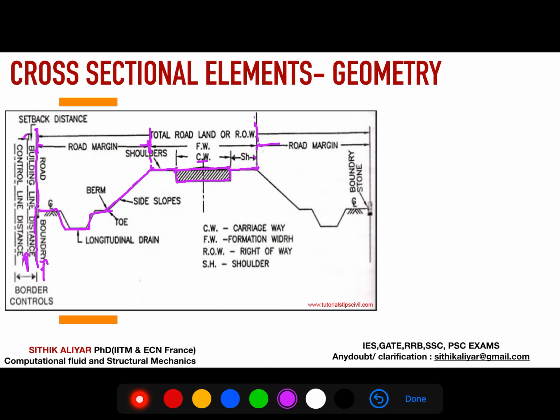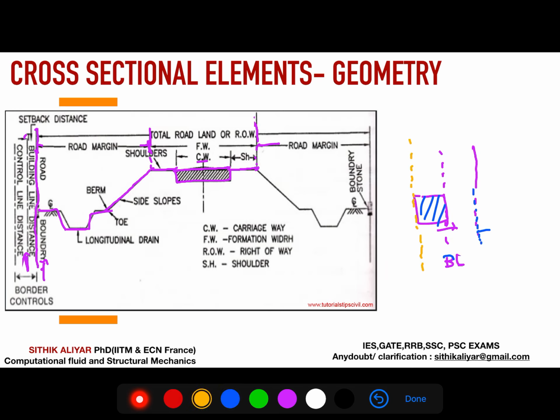And this is the building line. Consider something like this. So consider this is the road boundary, and this is the building line. So you can construct your buildings up to this point. You cannot cross this building line. So you have rights to control a building up to this building line, because the road boundary starts from here. Okay, and there is something called